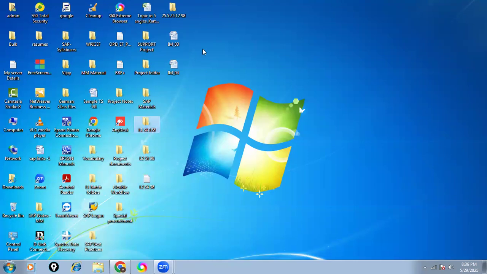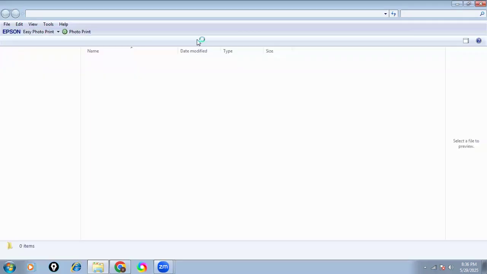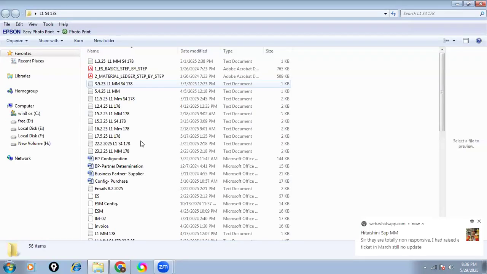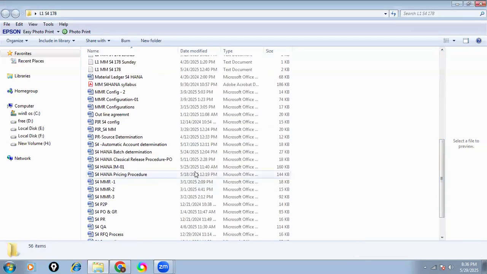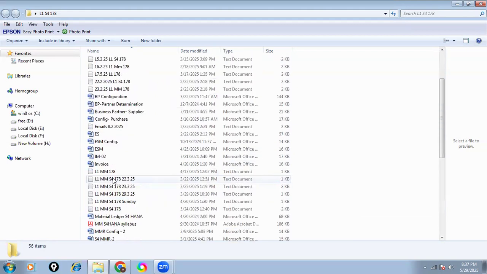Let me open. This is my current batch, students, batch 178. For every batch, I create a folder. Let me open the syllabus copy of this.